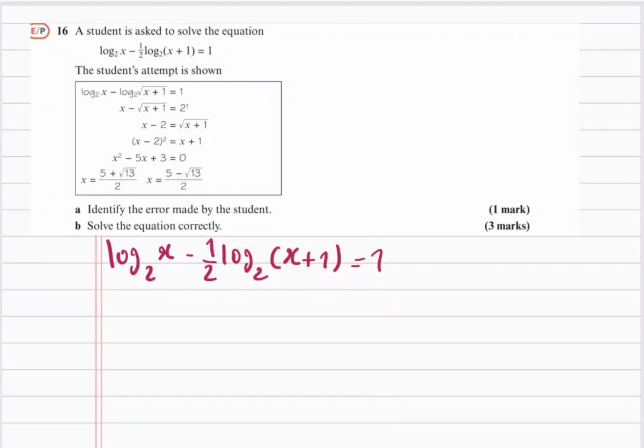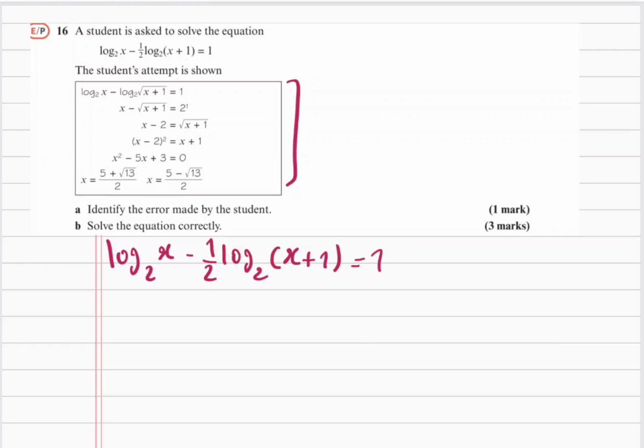Hi everyone, this video is on the mixed exercise 14 question 16. So we are given this equation and this is a student's attempt and we want to identify the error made by the student. Right, so in the first line we just have the equation, but we have applied this because